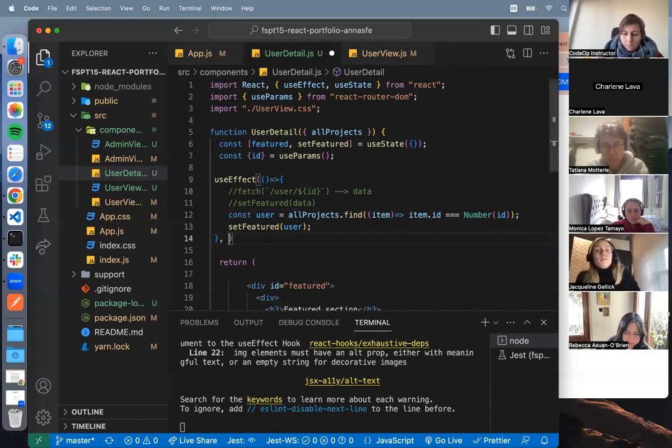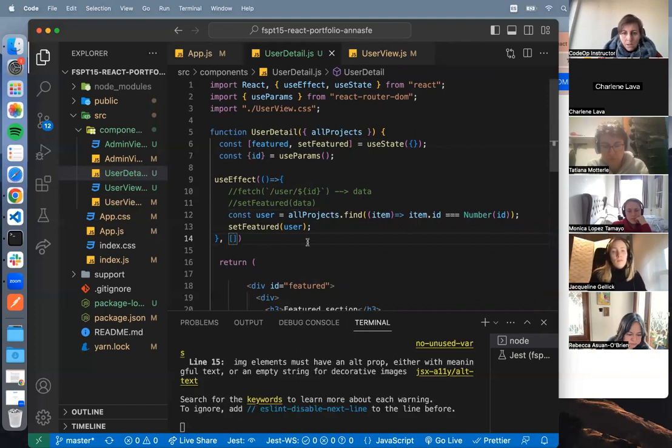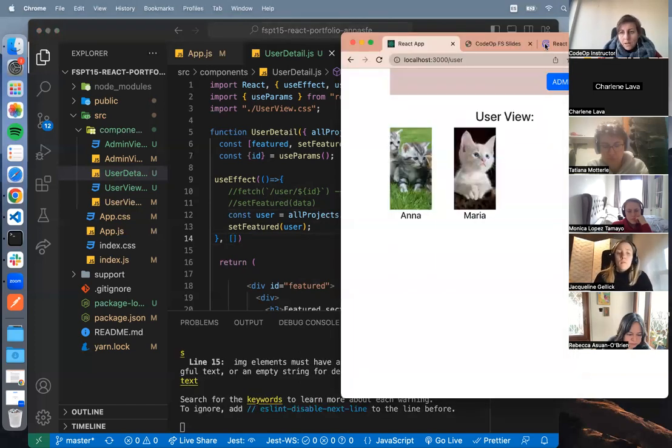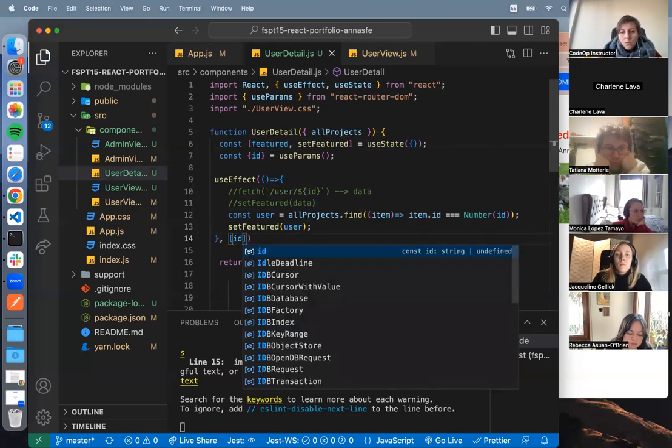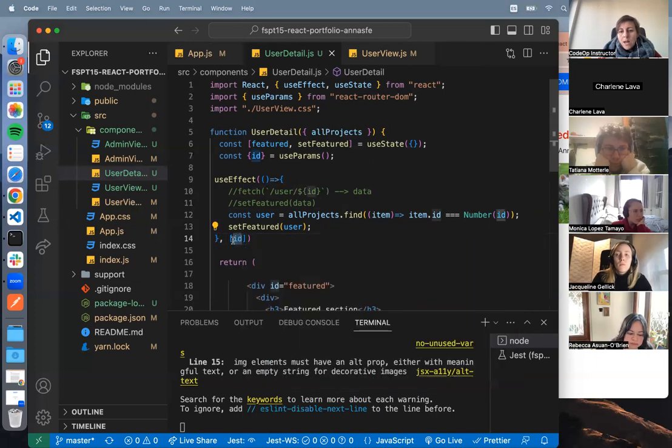I think I'm missing this one here. Okay, let's see if this will work. I have some issue here. It just works one time. So if I write the useEffect like this, it will just work one time. I want it to work every time I get a new ID. So every time the ID changes, and that's why I'm going to write the ID in here in the dependencies